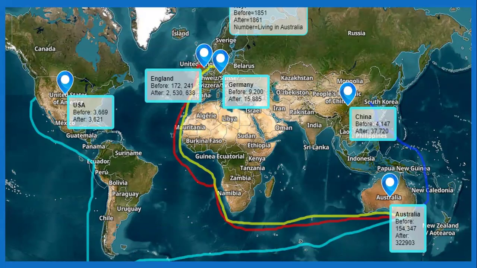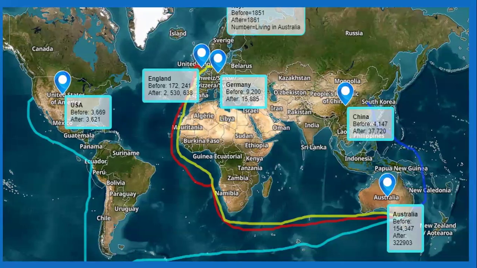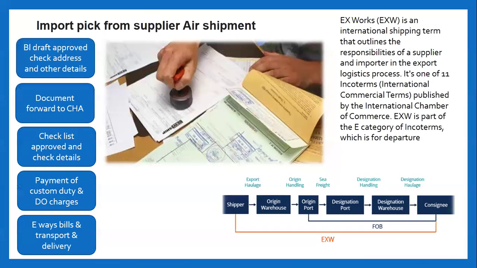So guys, we are going to end this session here, and in the next session we will try to understand the other balance points which complete this full end-to-end import shipment, pick up from the supplier and delivery to the importer factory. The balance points we will cover in the next session, which you can see on the screen, like BL draft approved after pick up of the goods from overseas.